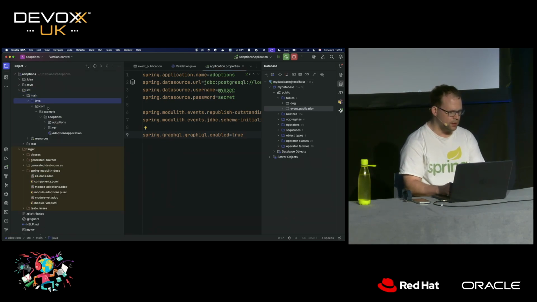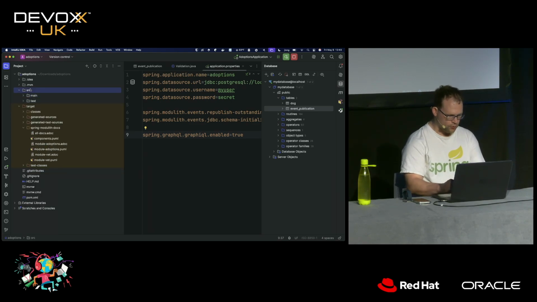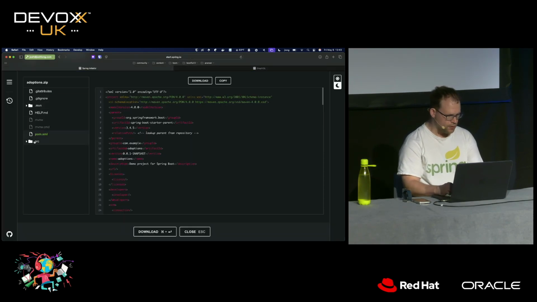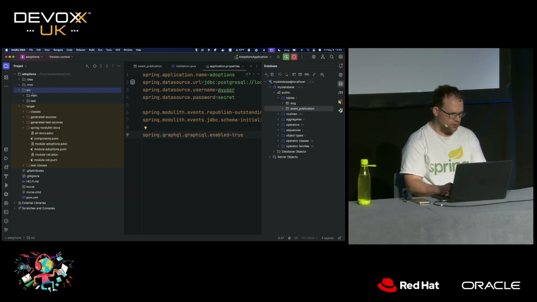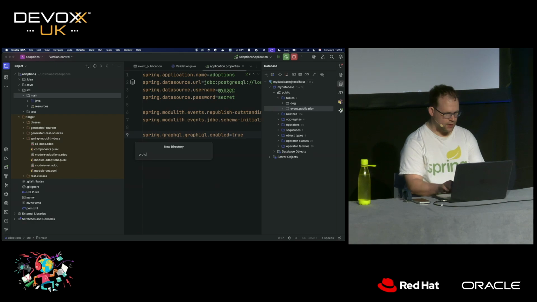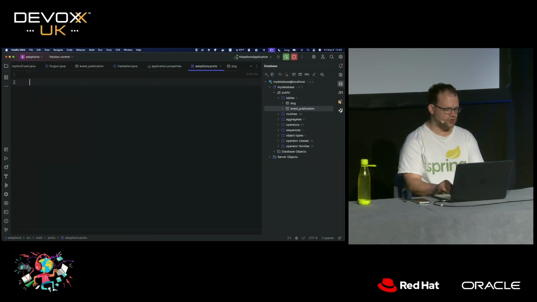So I'm going to go here, Spring source main resources, and I've got source proto, right? If you go to the gRPC service, the configured service over here, you'll see that it will have generated in source main Java, source main proto. So proto, and then in there, I'll create a file called adoptions.proto. This is a Google protocol buffer schema, and the syntax that I'm going to use is proto3, okay?